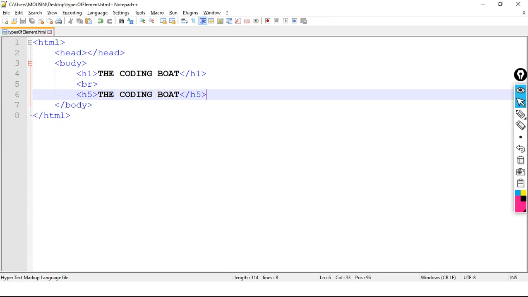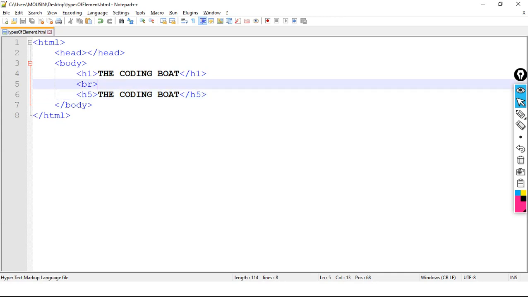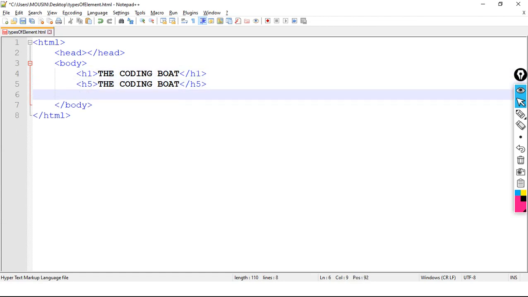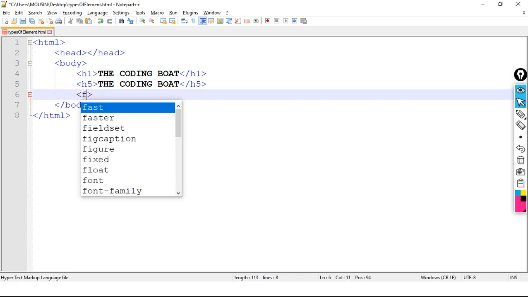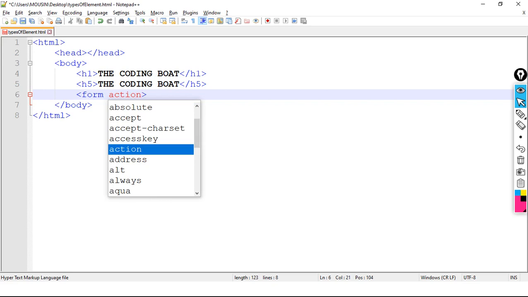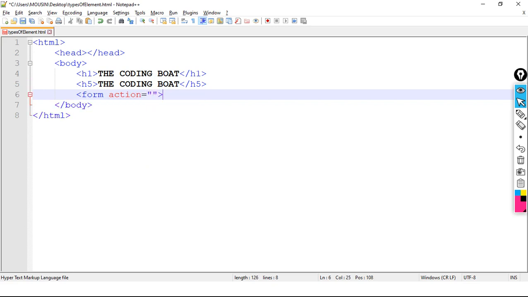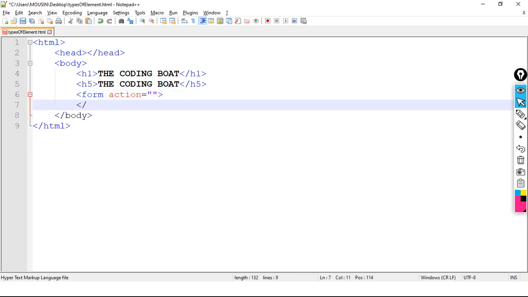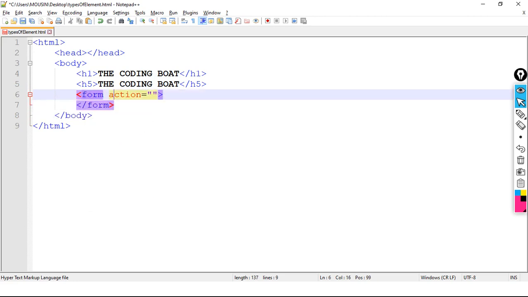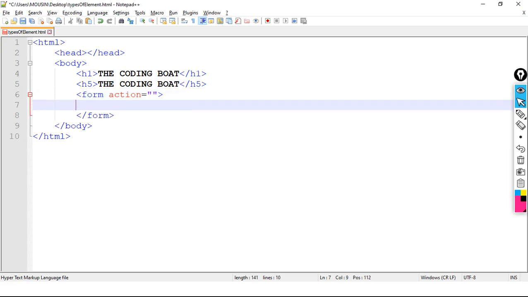See here, I am removing br tag. Now I am taking one form tag, form. What is action, that I will tell you later. Just for understanding purpose, understand what is void element. So here we have form tag.